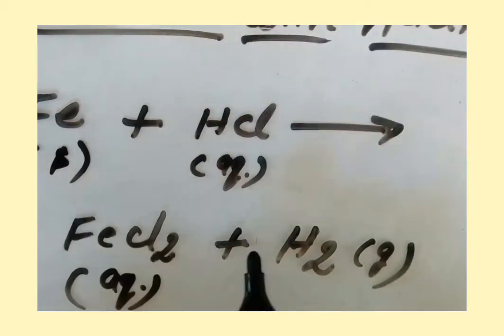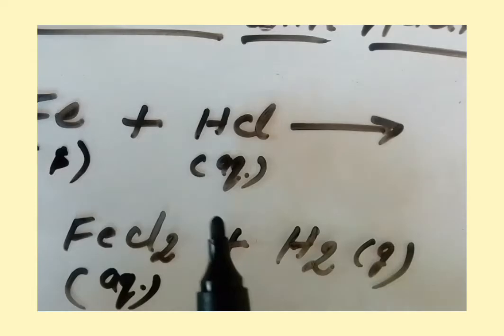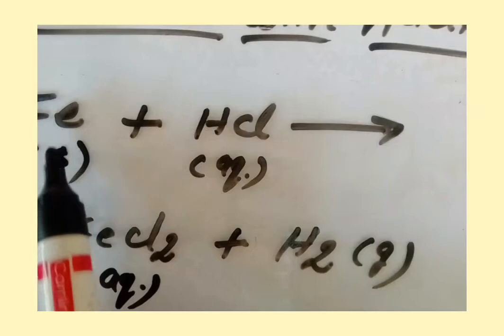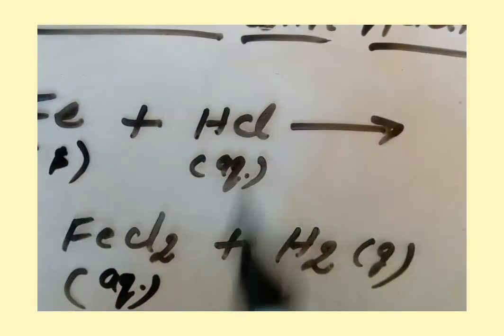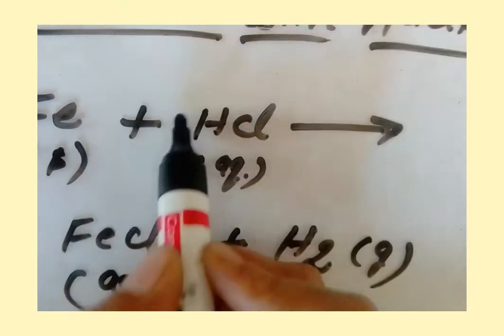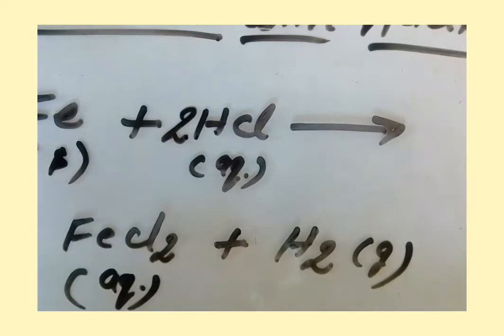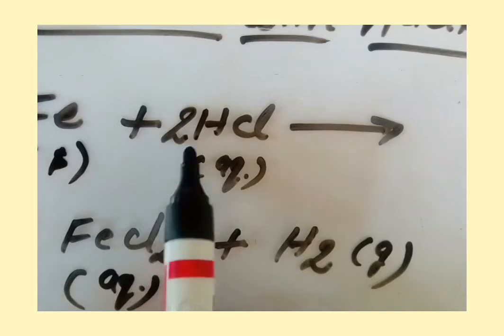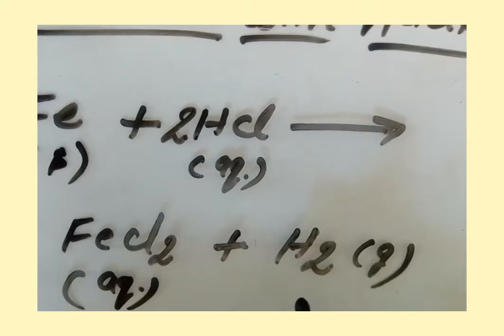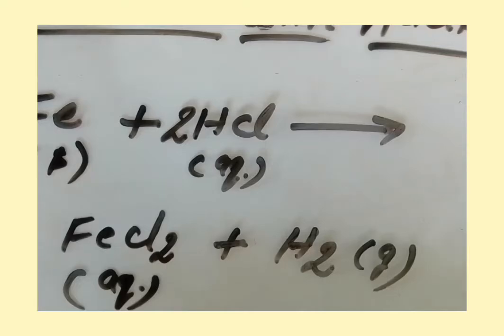Now after writing, we have to balance the chemical equation also. So here we can see one iron is here towards the reactant side, one iron is here, no need to balance. Here chlorine, we can see single, one is here, two, so we have to balance it. 2 HCl. Now hydrogen, it became 2, and already hydrogen atoms are 2 here. So in this way we can say that this chemical equation is now in balanced form. Right? Now this is the case of iron metal.